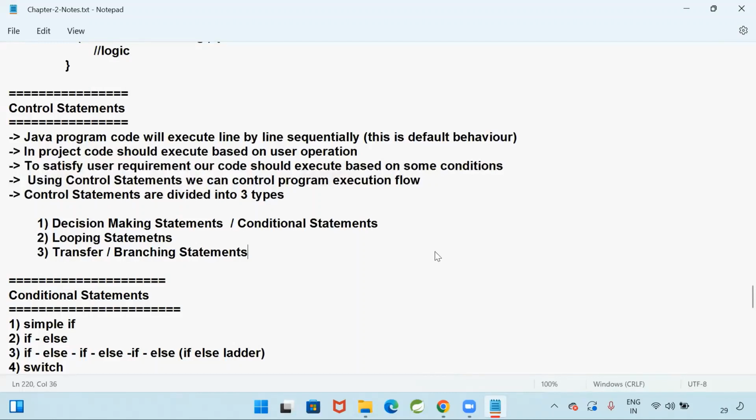If the user clicks on the login button, only login code should execute. If the user clicks on the register button, only register code should execute. If code is executing line by line, we cannot develop a project basically. So here our code should execute based